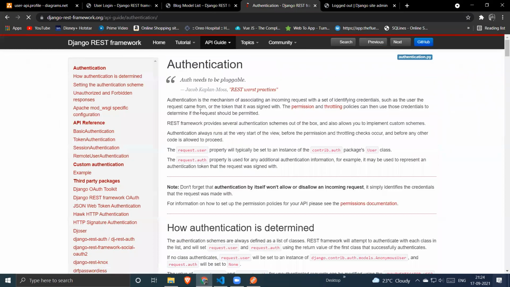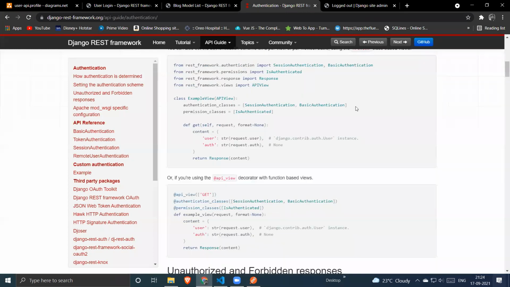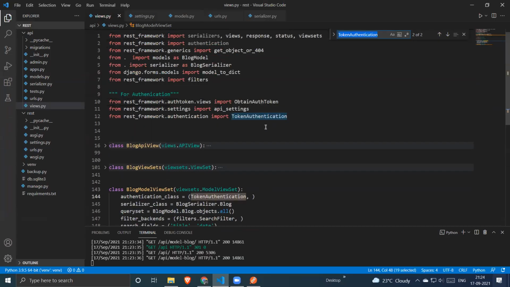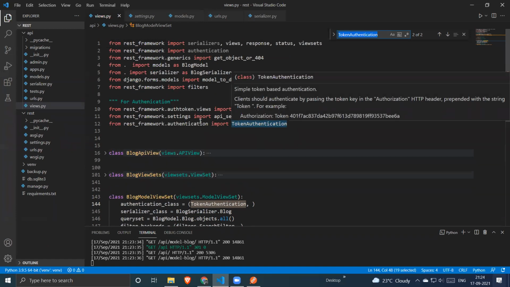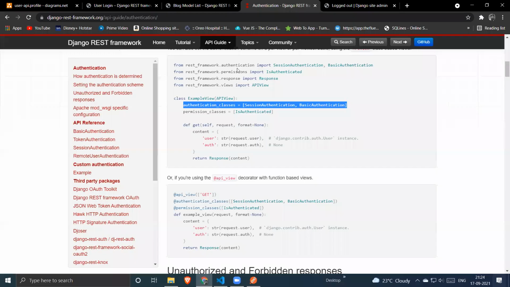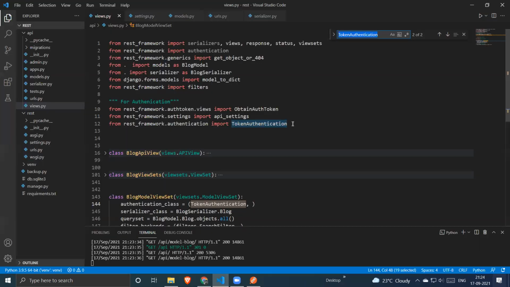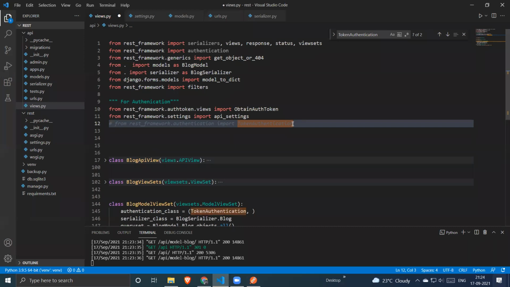Session authentication and basic authentication. In the framework's authentication, what we have used is right, because we are using TokenAuthentication, which is imported from the authentication module. Let's try their way instead of ours. We are just experimenting.